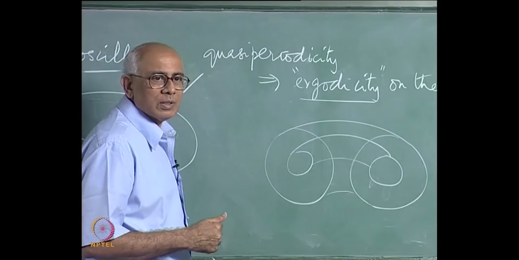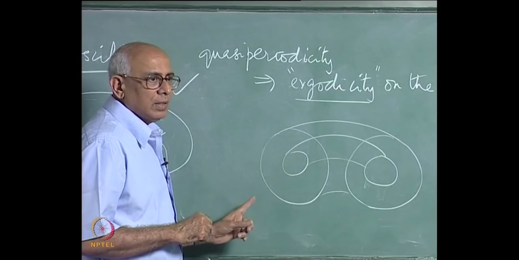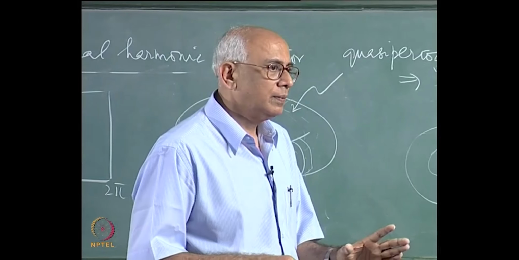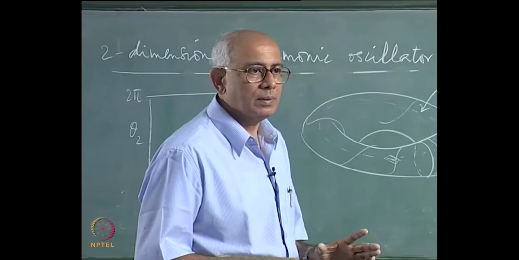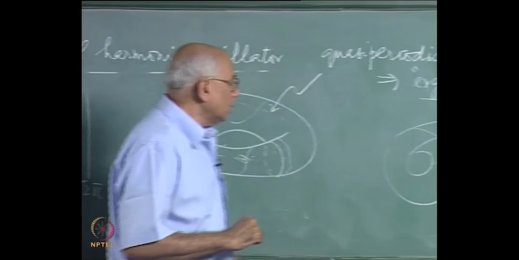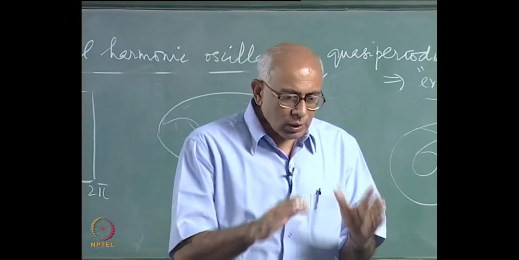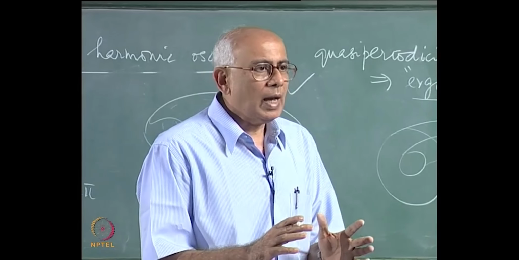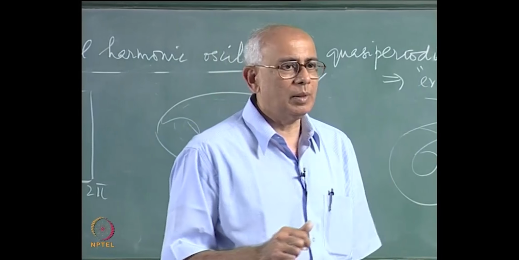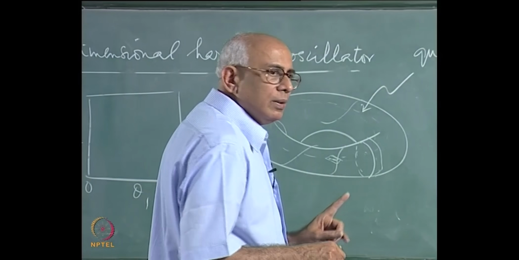Generically, of course, it would be quasi periodic, but there could be accidental cases where you have resonances and the motion reduces to periodic motion on some tori. That is indeed what happens. What happens further is even more interesting. In a general 2 degree of freedom system, if the system starts out as integrable and you add to the Hamiltonian a small piece which takes you away from integrability and you lose the integrability property, then what happens is